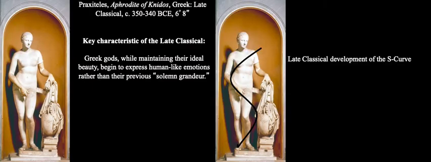Here's a good example of that. This is a sculpture by Praxiteles, and Praxiteles develops his own set of proportions, which is distinct from the proportions of Doryphorus. Sorry about my phone ringing. And so here we have a smaller head, a more elegant, elongated body, and you can see